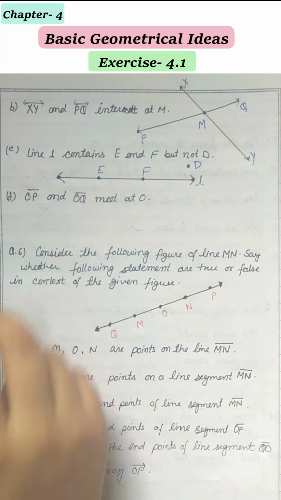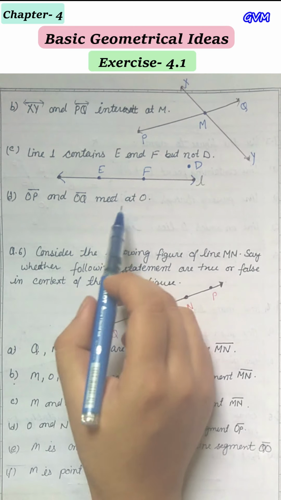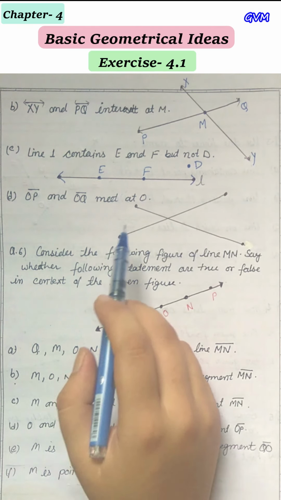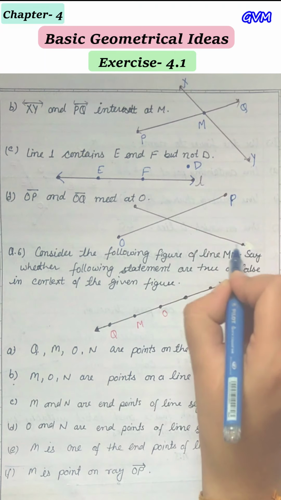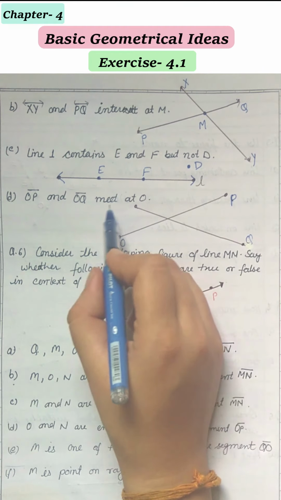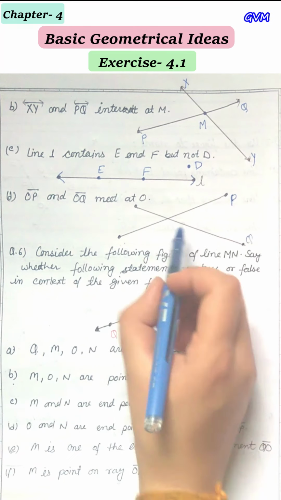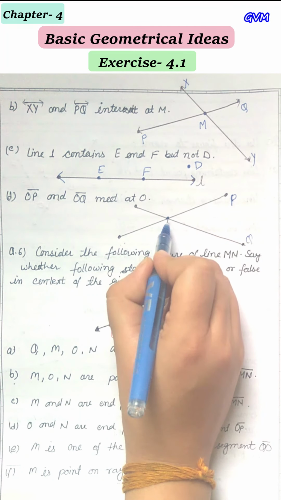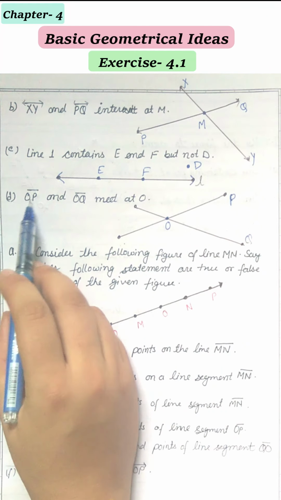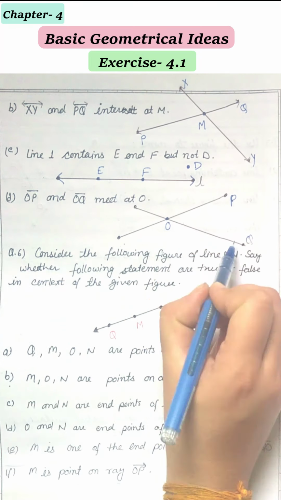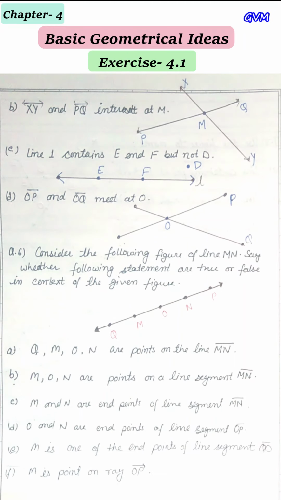Okay. Now D, we have OP and OQ line segments, both meet at O. So let's suppose we have these two lines and name them point P and point Q, because it is given that OP and OQ meet at O. So we have to make a point here at the intersection and write O, because it is written that OP and OQ meet at O. That means both the line segments have the same origin. So this is OP and this is OQ.